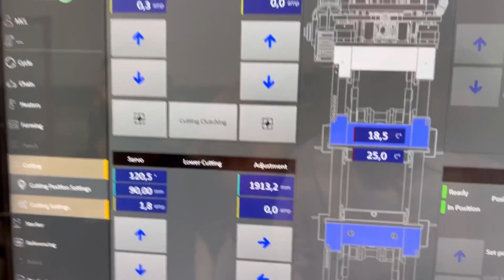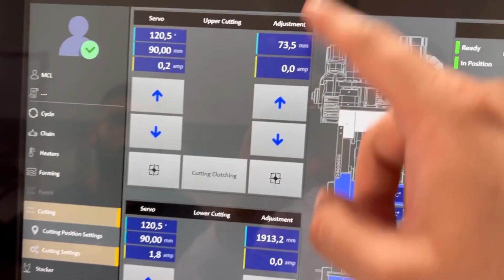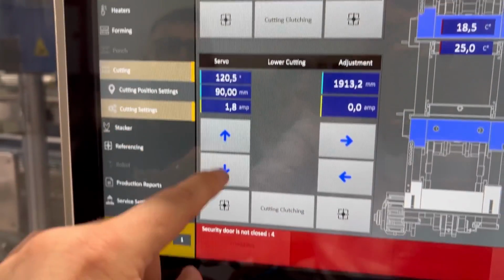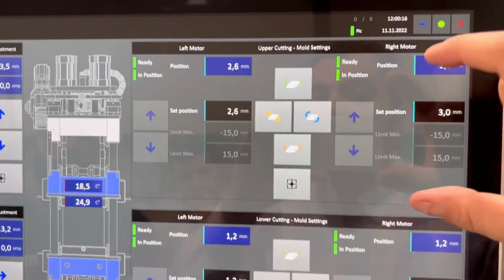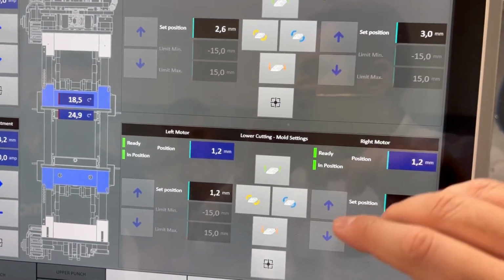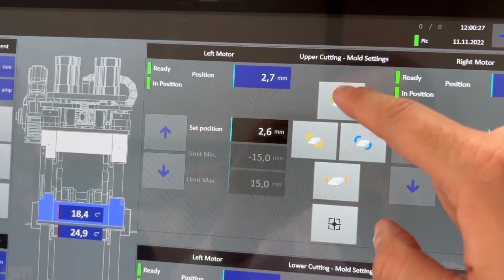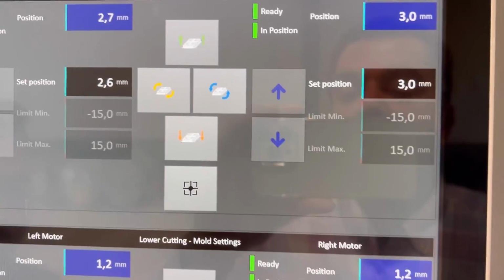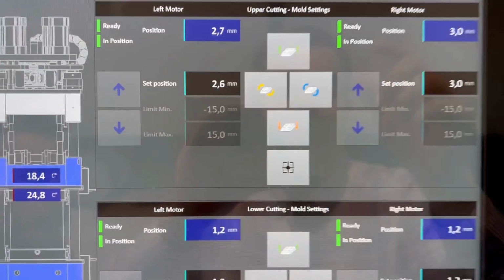in these lines. So you can adjust again forward and backward of the station, adjust the height here, also adjust open and close the servo of the cutting, and here you can adjust the XY adjustment for the upper knife and for the lower knife, for the lower block. So here you can send it backward or bring it forward. The upper knife, you can send it backward or bring it forward, or move it clockwise and vice versa